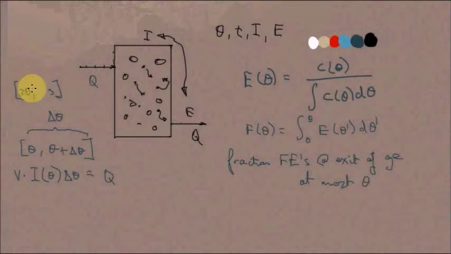So 30 seconds to 40 seconds. If we are interested in fluid elements that were there 30 seconds to 40 seconds, then it took 10 seconds for that group to enter, right? So it took delta theta time units for this range of fluid elements to enter in the first place. So if we say here Q delta theta, then this must be the original volume of fluid elements that entered,